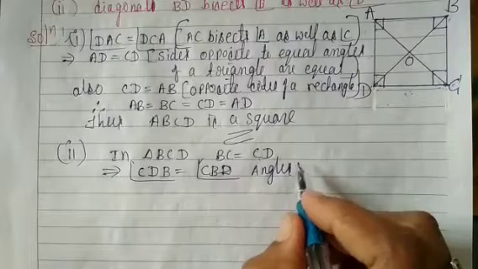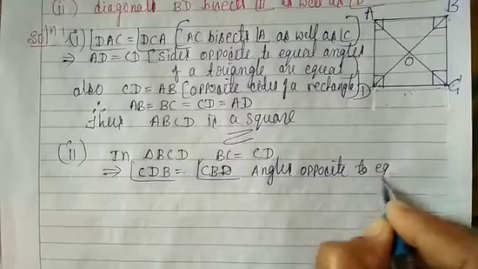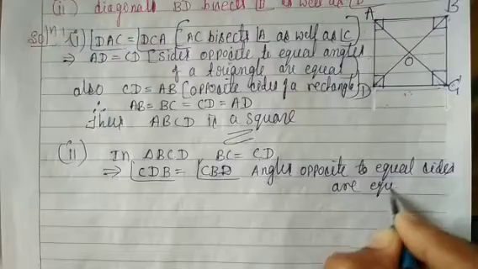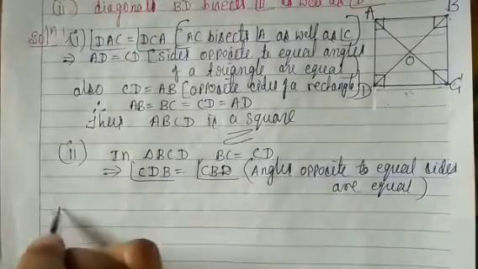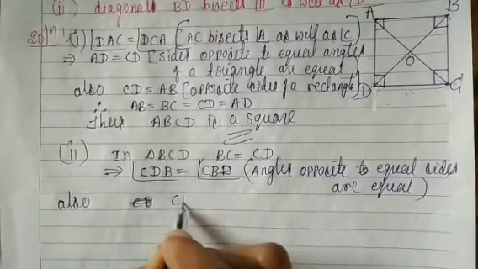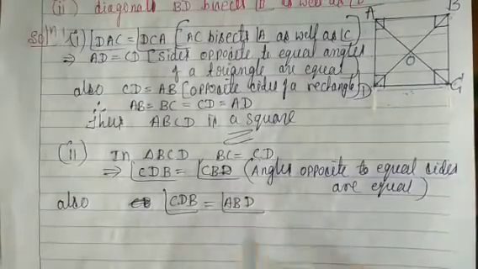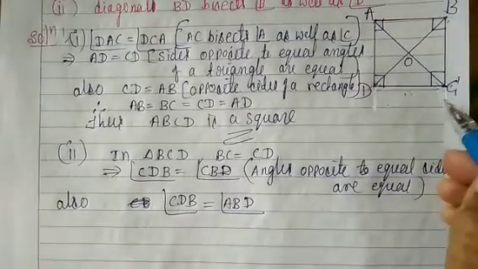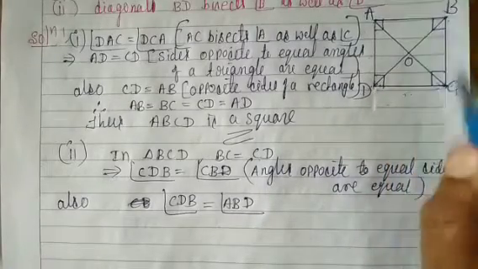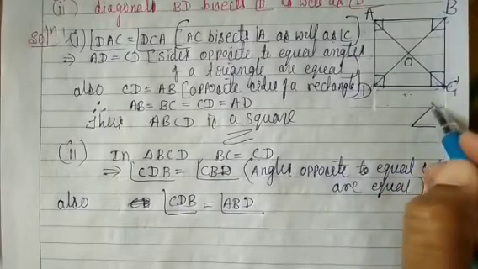Angles opposite to equal sides are equal. Also, angle CBD is equal to angle ABD. Look here, carefully observe. CDB is equal to